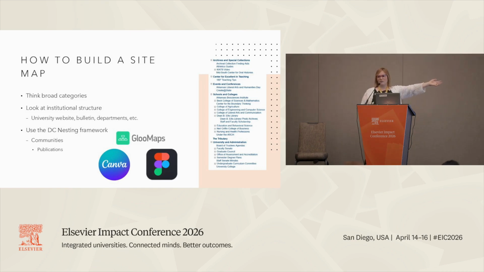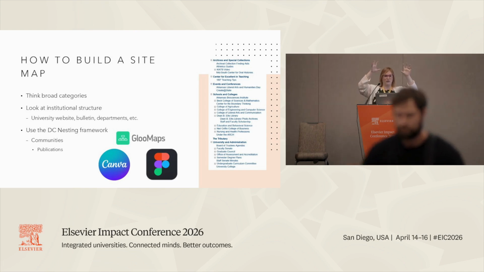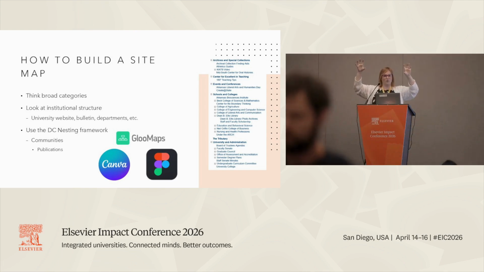There are specific tools for just about anything you want to do out there. But my big suggestion is to start thinking with your really broad categories. When you first get to the website, what are those four broad categories that you're looking at, and then go down from there. And one of the ways that you can help develop that is looking at your own university